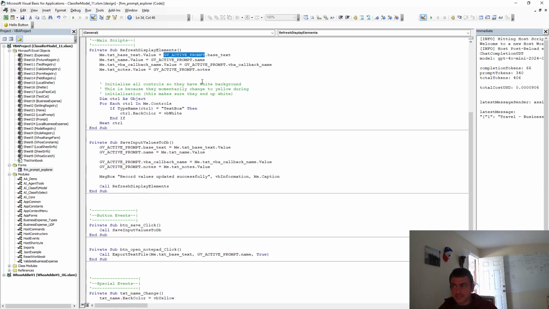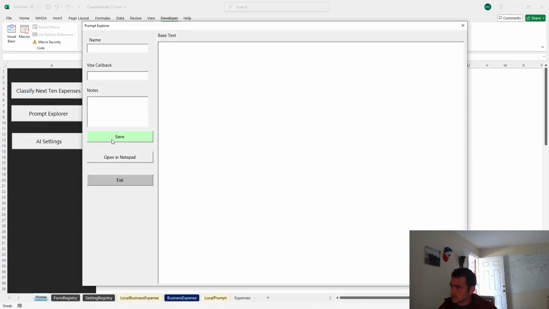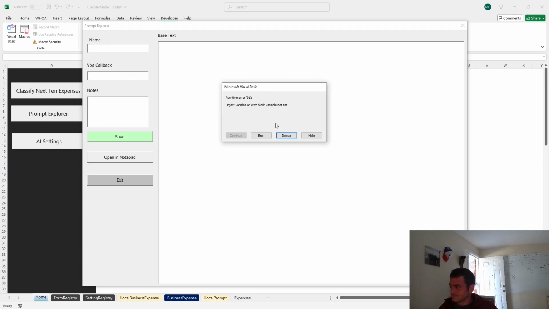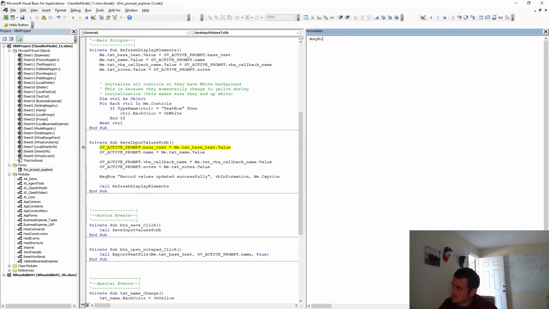If GV active prompt is nothing, this is going to break. I mean, there's 1,000 places on this form. So here, watch. I'm just going to hit save. Object variable or with block variable not set. Debug. It's right here. So GV active prompt, if I wanted to see what type it is, a lot of times I do this,